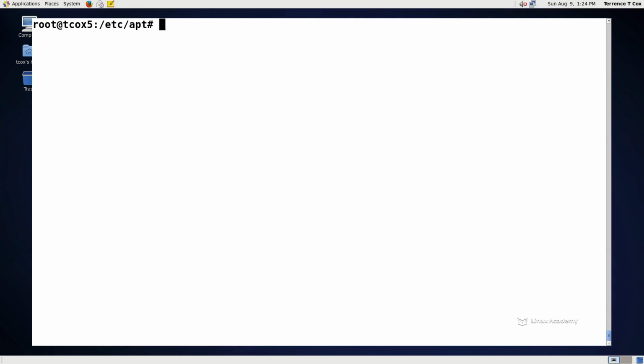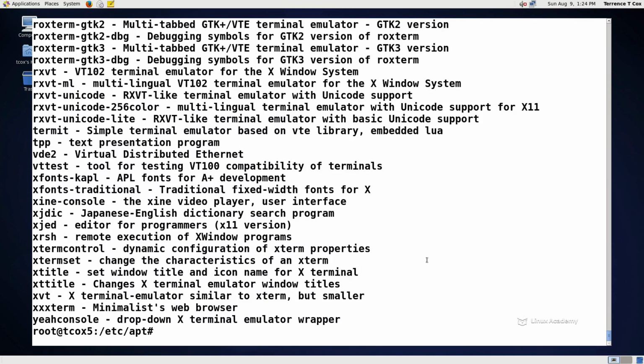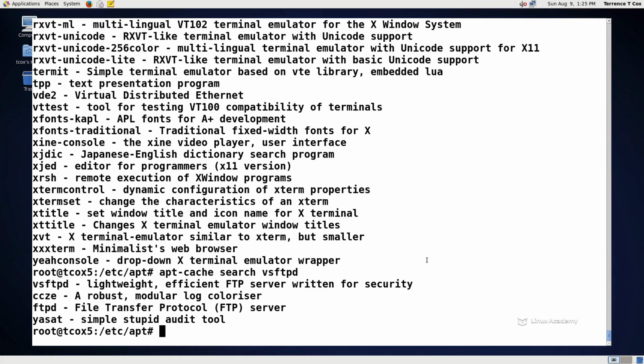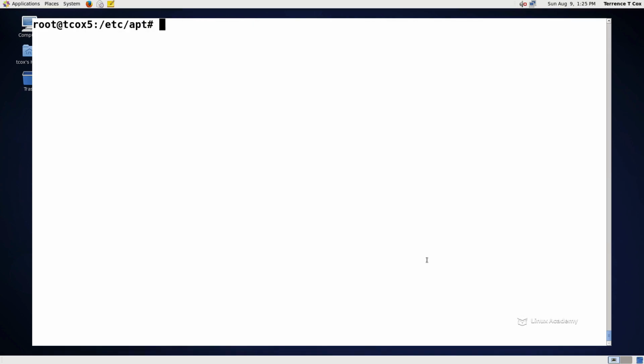I can also use this to install a specific version that's available in my repositories. So let's look at something. Let's do an apt-cache search on xterm, or let's say vsftpd. So vsftpd is a package that's available, but what I want to do is install a very specific version. So what I would do is an apt-get install